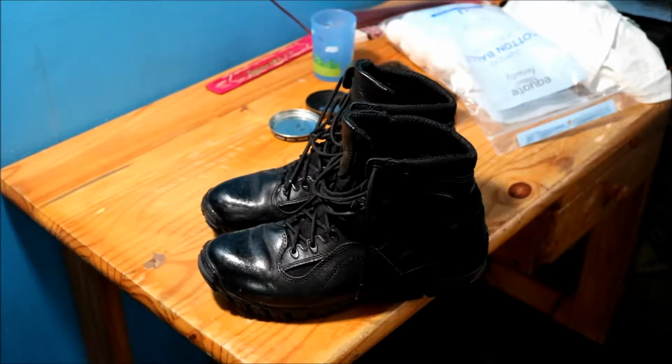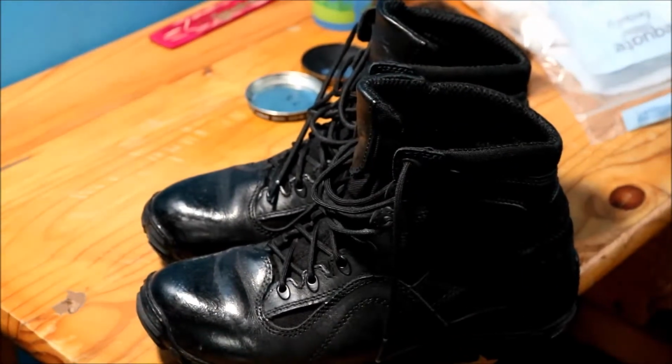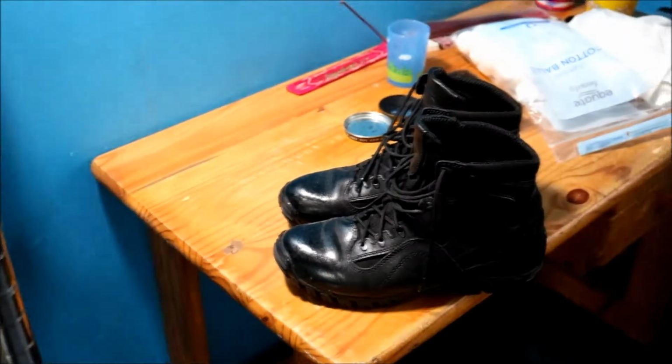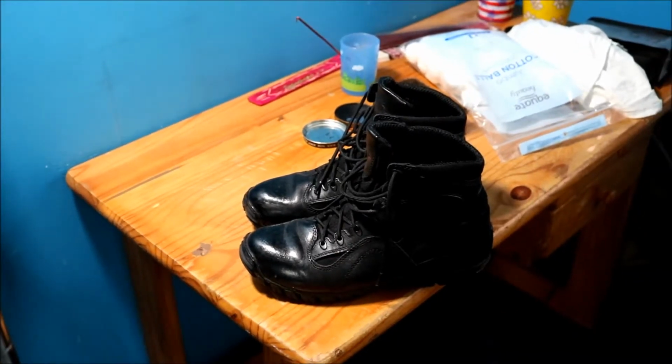This is going to be a little tutorial of how to spit shine boots. As you can see, I already have these pretty well done. I'm just redoing them, but I'll break it down. Things you'll need: